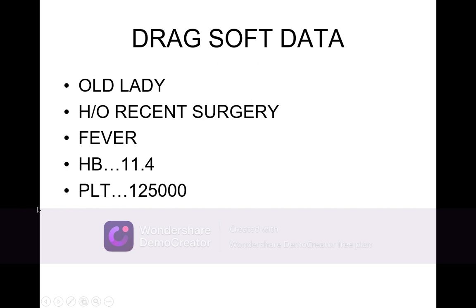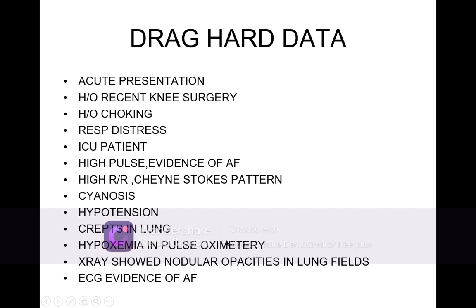Direct soft data from this scenario is: old lady, history of recent surgery, with fever, hemoglobin is 11.4, platelet was 1,25,000. Soft data because it will not help you in a specific diagnosis, rather than the hard data: acute presentation, within minutes to an hour, she